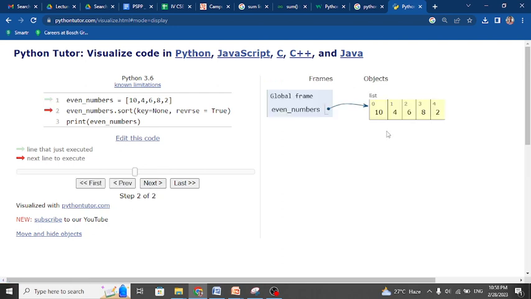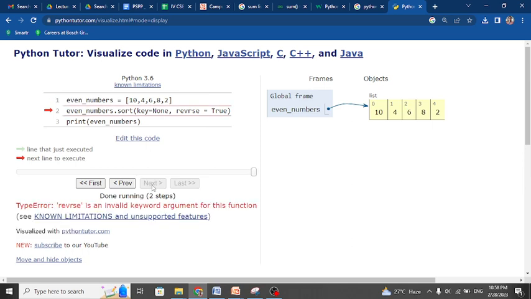So notice the item, all the 10. Now in this list, 10 and 2 are in place, but 4, 6, 8 are not in their places. Okay, so when we execute